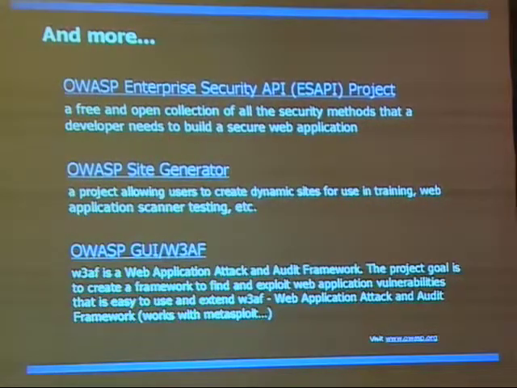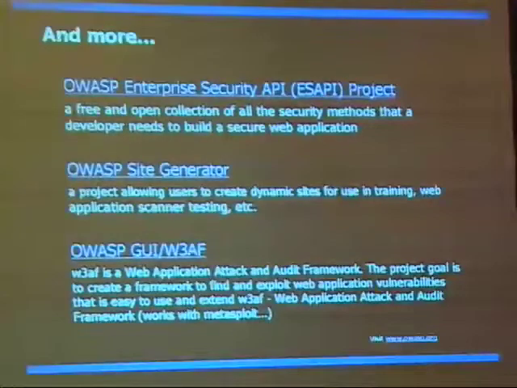The first one, I'm going to let Steve dive into a little bit more, is the ESAPI project. This project, the Enterprise Security API project, is really good because a lot of organizations or developers within organizations, or people just developing on their own, oftentimes have to do common things when they're handling web applications. They have to do things like authentication, authorization, input validation. All those things are very important. You have to do them in all your apps.